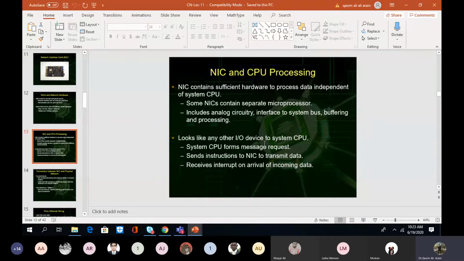So some NICs contain separate microprocessor including analog circuitry, interface to system bus, buffering and processing। Look like any other IO device to system CPU। System CPU forms message request, sends instructions to NIC and transmit data, receives interrupts on arrival of incoming data, right? So this is how your CPU does work।